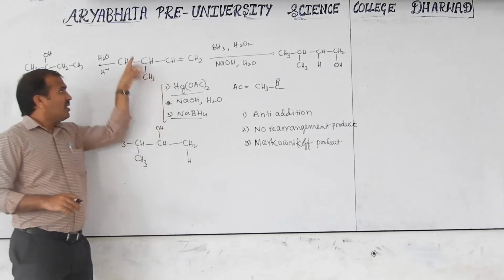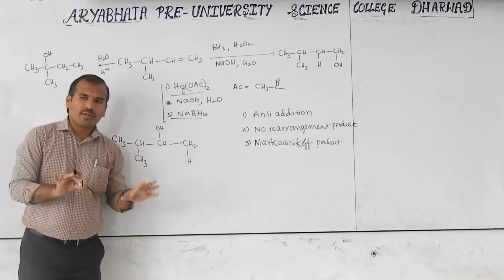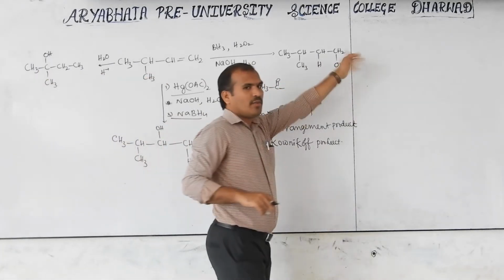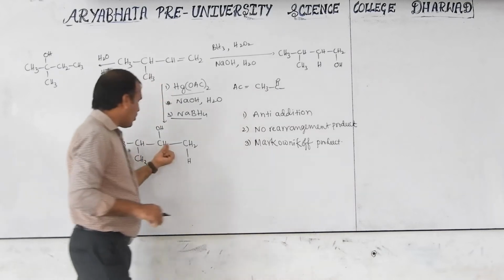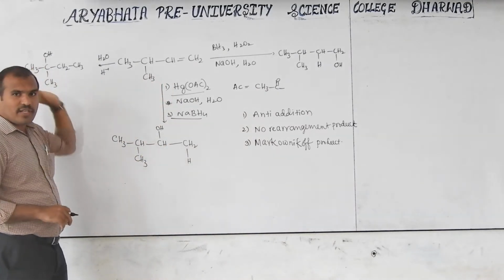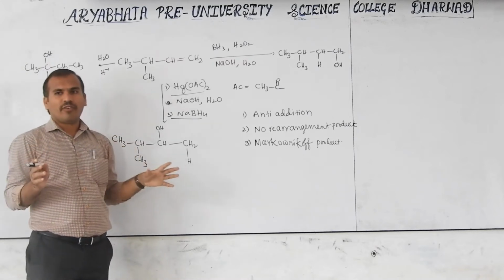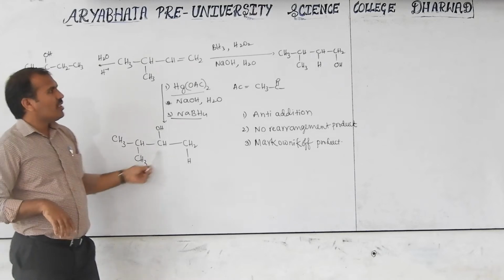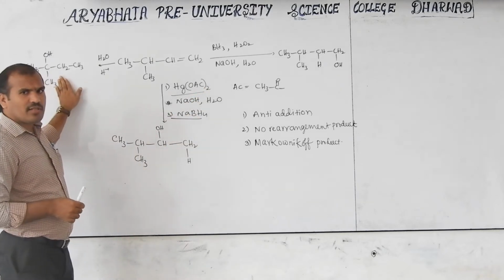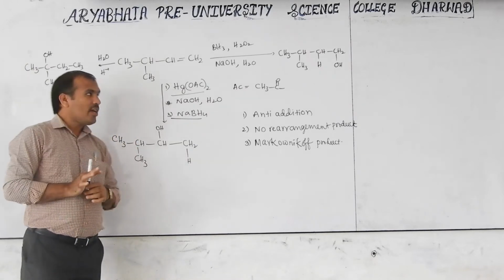In this same reactant, observe how many products are present. All 3 products are different. See here OH is bonded to the extreme right side. Here OH is bonded to the middle. But here OH is bonded to another left side carbon. So if you observe their names, totally the names are different. For competitive exam purposes, these two are important. But at CBSE level, this is also important. So this is a difference we have to observe.